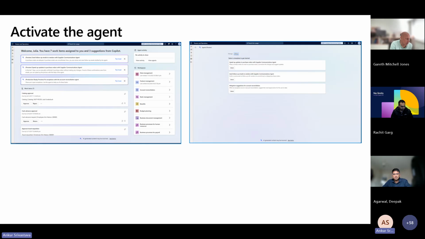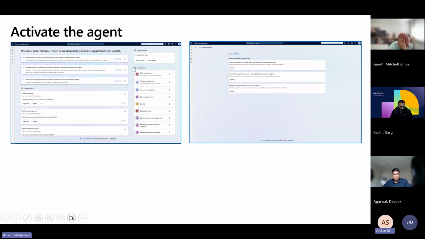We saw the agent in the first part, but at that point the agents were not working. At this point the agents should be working, because we have activated the flow and associated the agent identity users with that particular flow, which is going to communicate between FNO, Copilot Studio, and that particular environment. So that is how this whole setup works end to end.